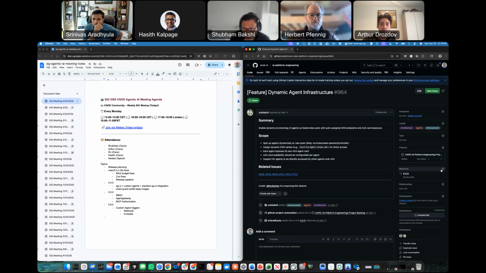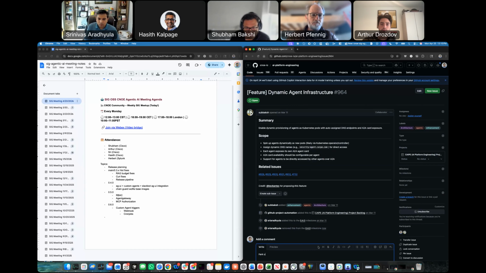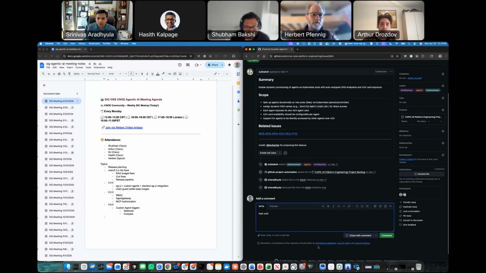I think it's more around should we do different DNS names for each agent? Yeah, I would say maybe let's park this for now. It should be part of 4.0. So anyway, we have integration to agent routing, right? So park until, correct, new